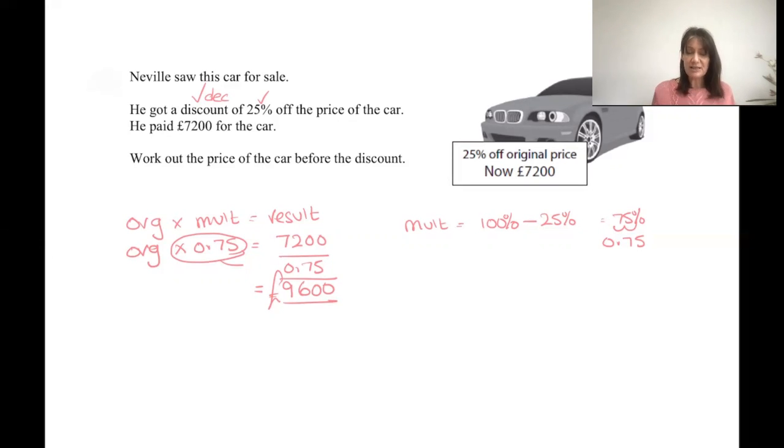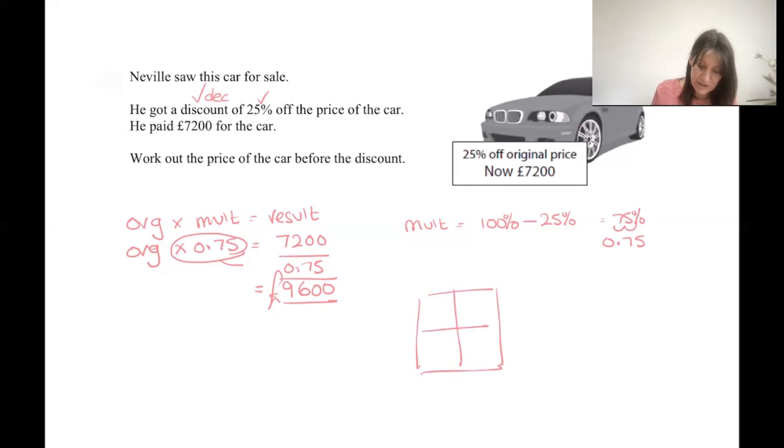Now, for this kind of question, boxes and labels could work. We teach the original times multiply equals result because it works. It's foolproof. Whereas if you start thinking, oh, boxes and labels for percentages, it's only going to work in a couple of places and then it breaks down. This doesn't break down. So it is this sort of superior formula, efficient method, however you want to think about it. But you can do your boxes and labels, and I'll just remind you very quickly of how that would